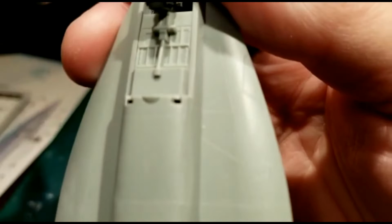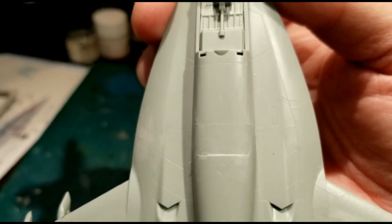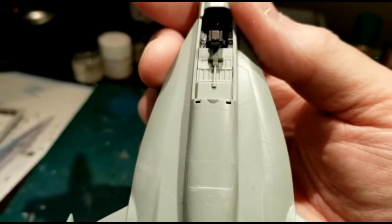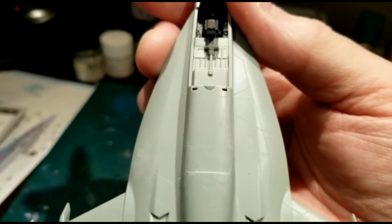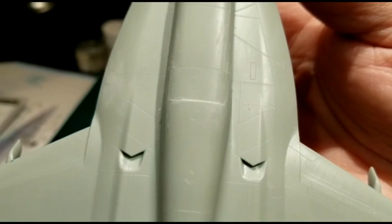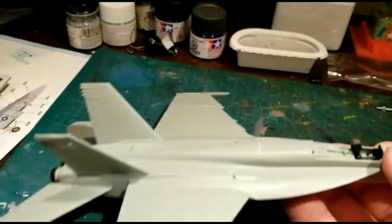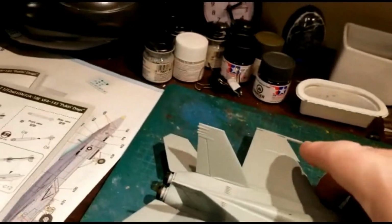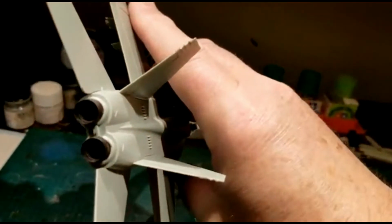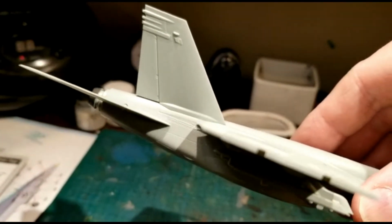You see a little more work around the fairing, the rear of the cockpit. This is because you have the choice of single seat or two seat variants, so you get two choices of these. Again, that's had a little bit of work there. It's going to need a touch more filler in there, I've got to say. But all in all, engine interiors, rear stabilizers,